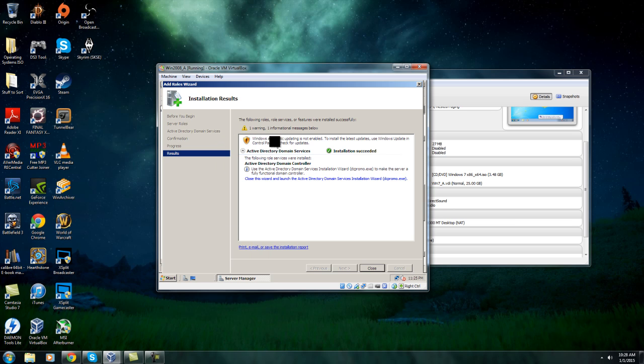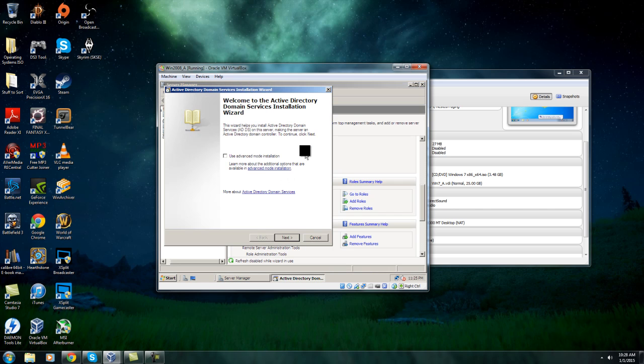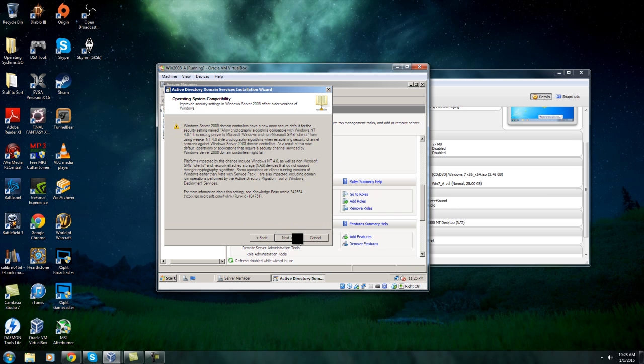Nice. So, what we do here is that after it's finished, we click on Close this wizard and launch the Active Directory Domain Services Installation wizard. Note the warning, and one additional informational message below. Right, next we have the Active Directory Domain Services wizard. We select Next, Next again,